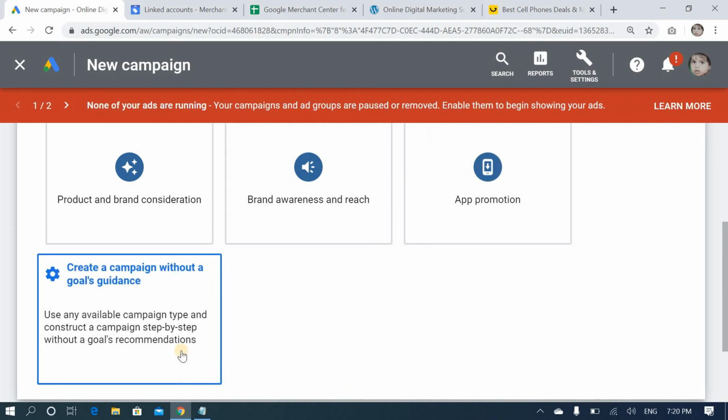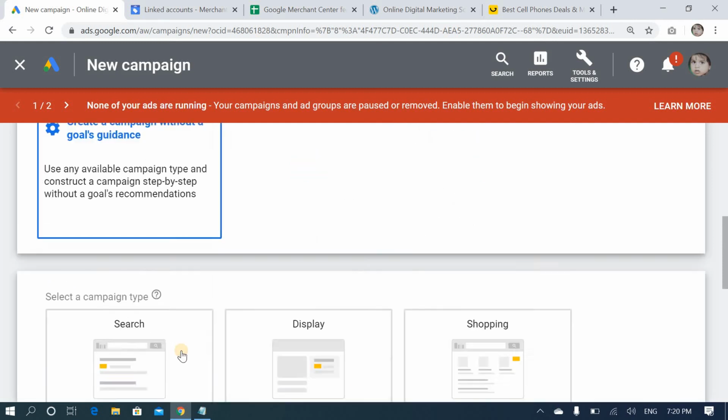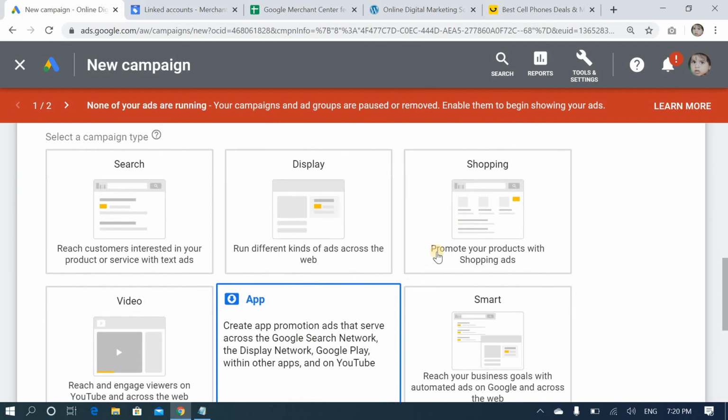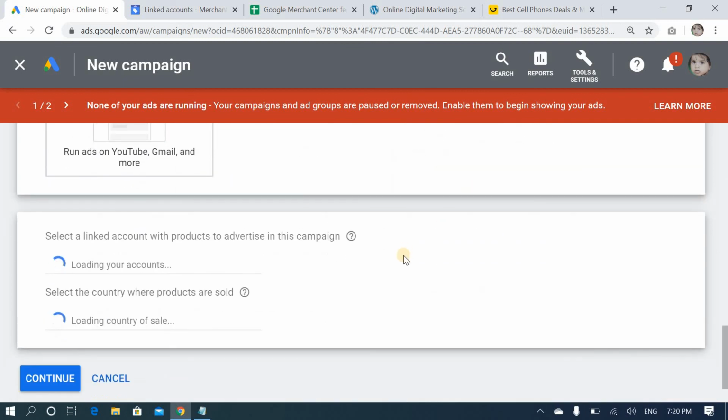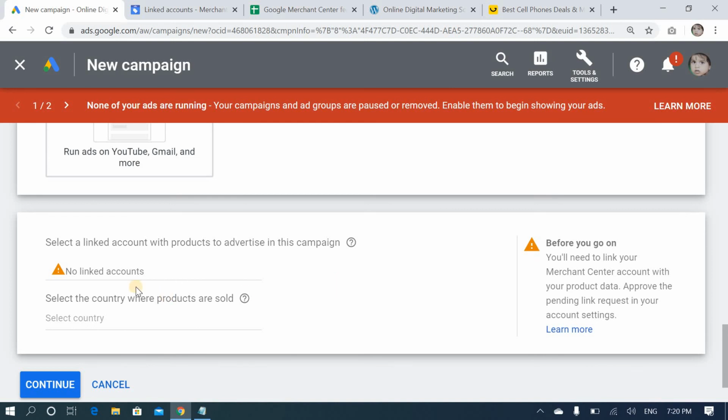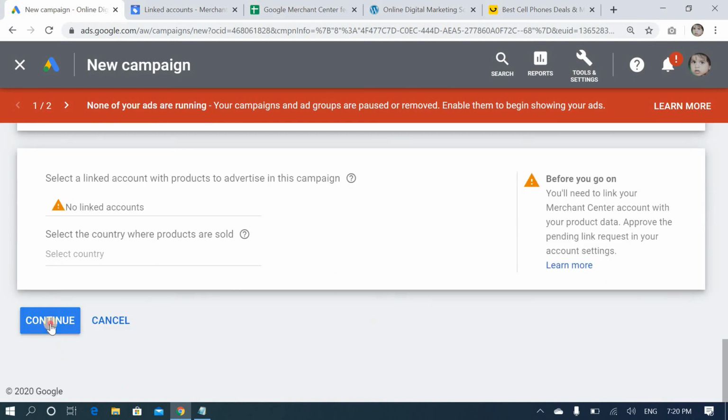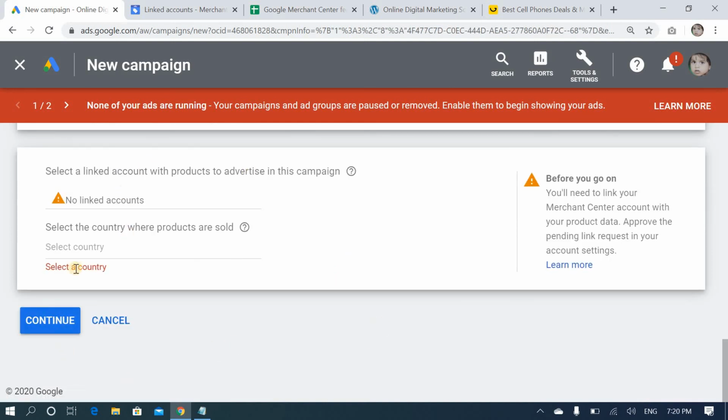I will select this one because I will create a goal manually. I am running shopping ads. I click this, shopping. Once you have linked both of them, your account will be enabled here. Because I have not linked, that's the reason it is showing this. After this, you have to click continue. Yes, I have not linked Google Ads account and Merchant Center.